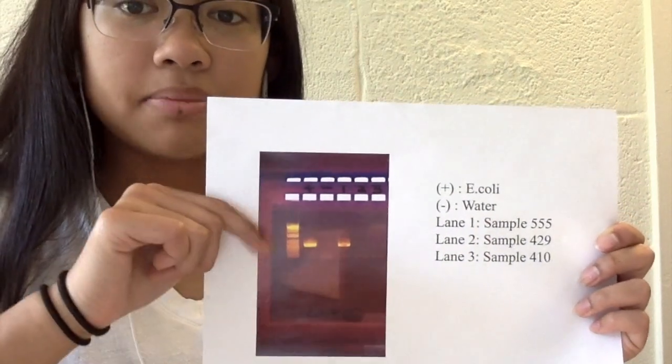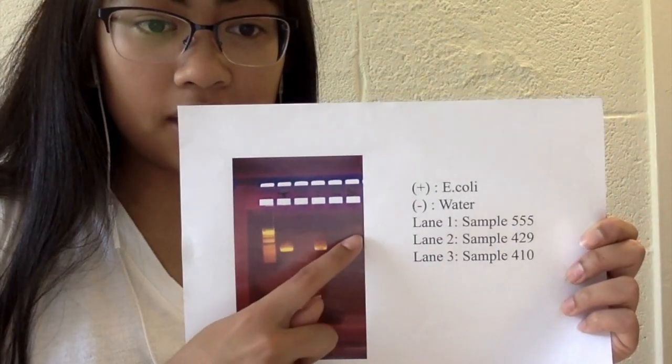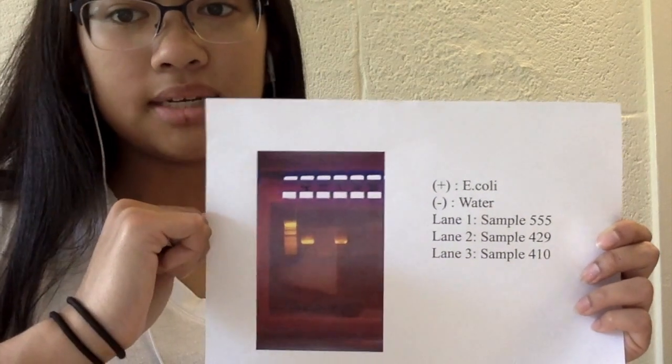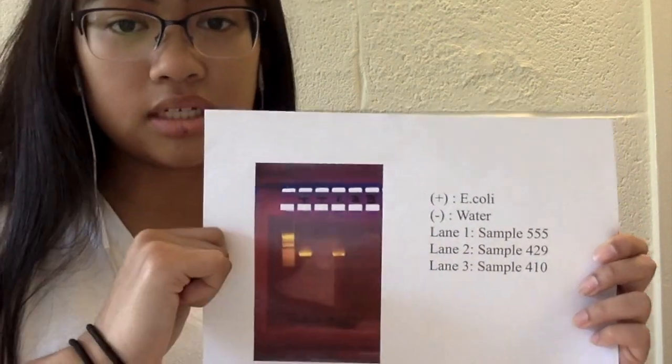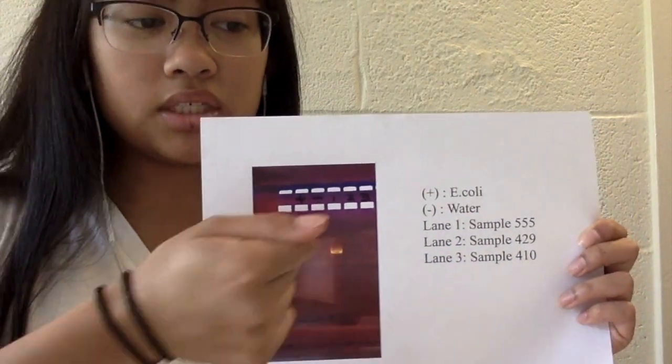The DNA fragments migrated, revealing a band in a specific sequence. Sample 555 had a distinct band, and sample 410 had a faint but noticeable band. I don't know if you can see it there. And then sample 429 did not have a band, meaning the DNA concentration was too low or there was contamination, which is what you could see in our UV spectrophotometer results, which is why we crossed out sample 429 from the